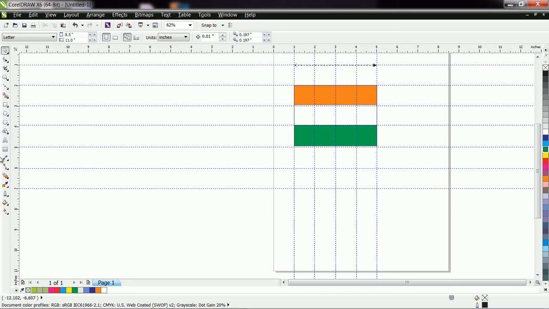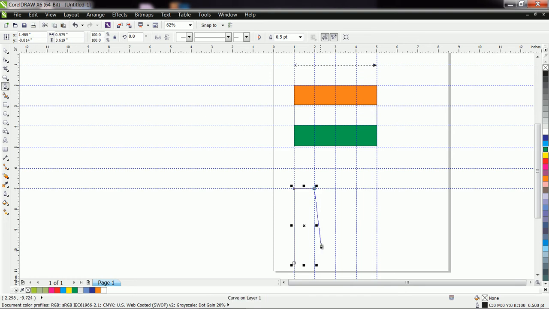Suppose here I use again pen tool. And with the help of shift also you can use a straight line, but I think here is not straight line. No, it is not straight line.